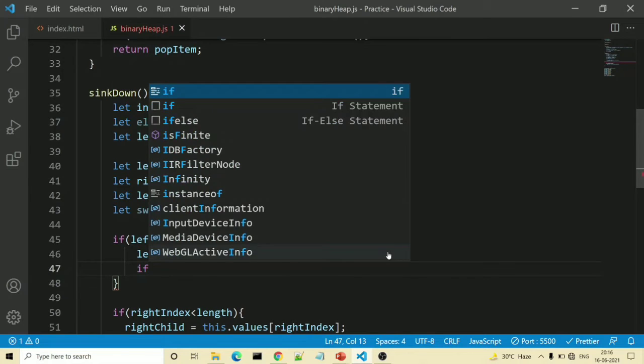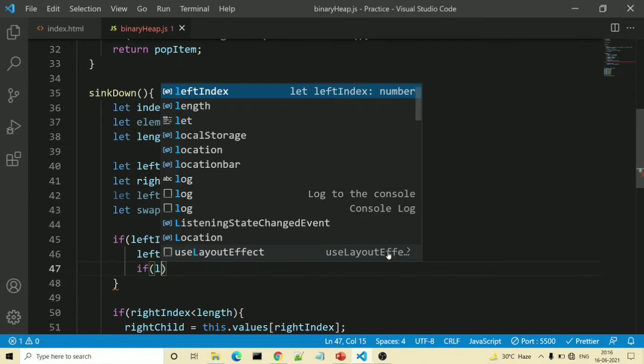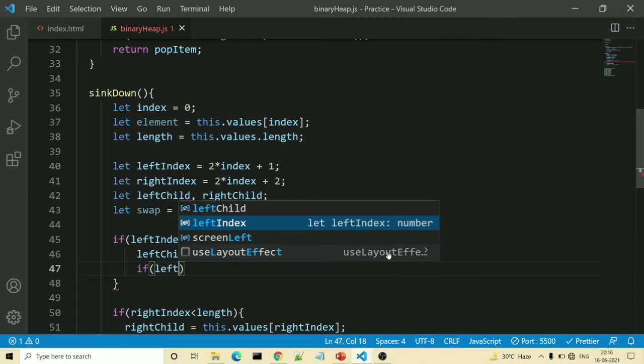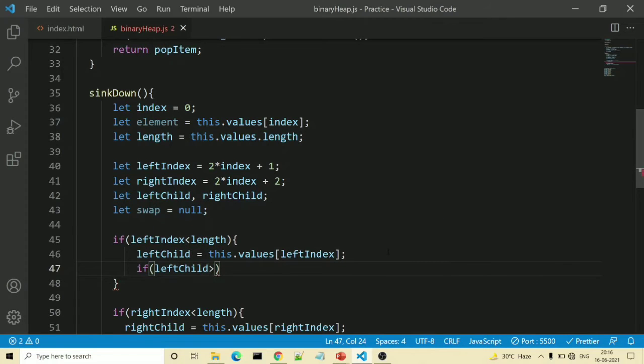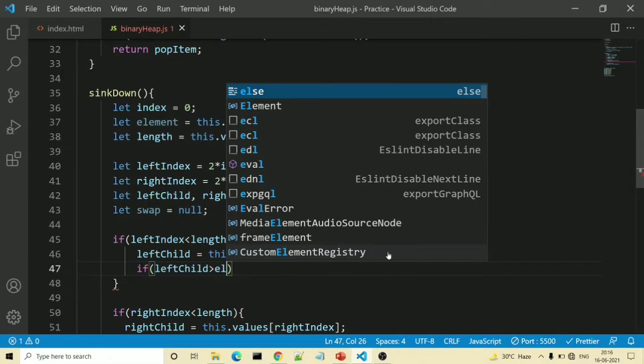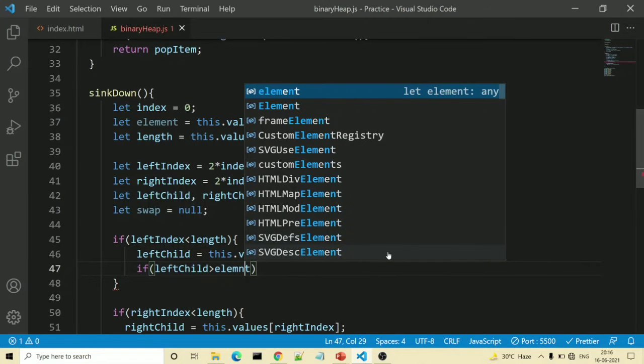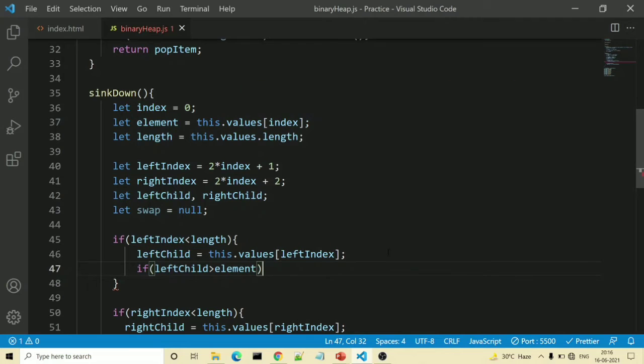So here I will check if my left child is greater than the element. Main spelling is incorrect. Okay. So if it is greater than the element, then my swap value will be equal to left child.